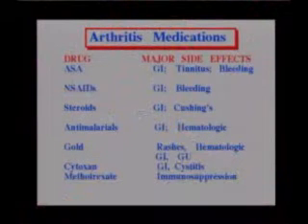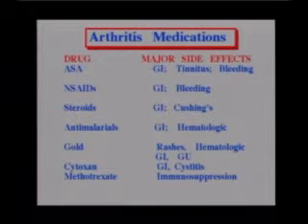Now, to treat arthritis, we usually start with drugs in the salicylate family, the aspirin family of drugs. There are a number of different salicylates, and NSAIDs. Now, salicylates and NSAIDs can both cause GI bleeds. So these are the major side effects of that, are the GI bleeds. Now, with salicylates or aspirin, don't forget the ringing in the ears suggests that the patient has reached toxicity levels.